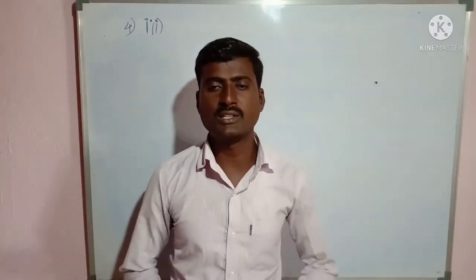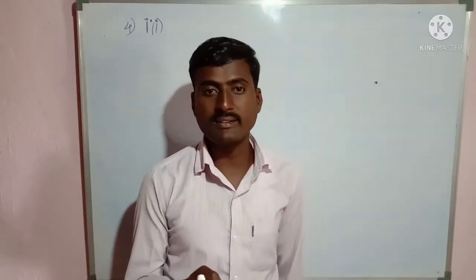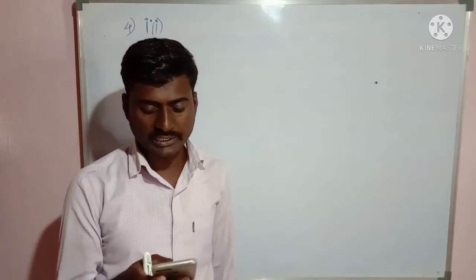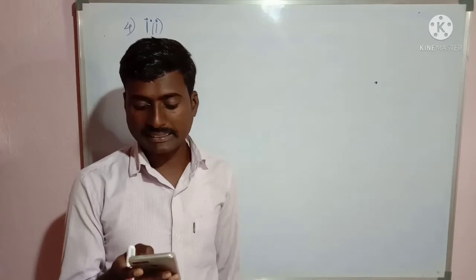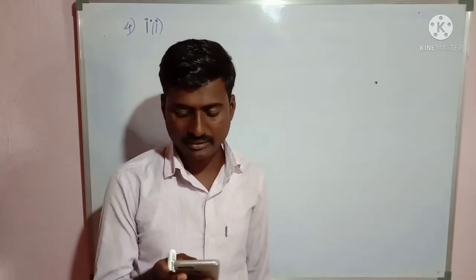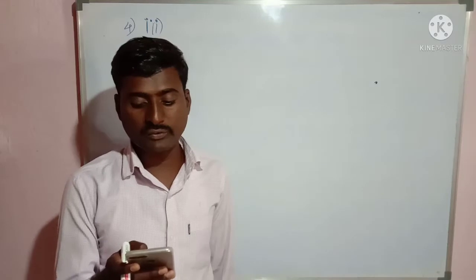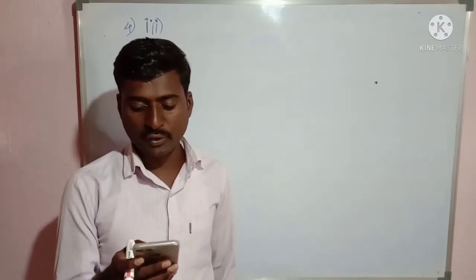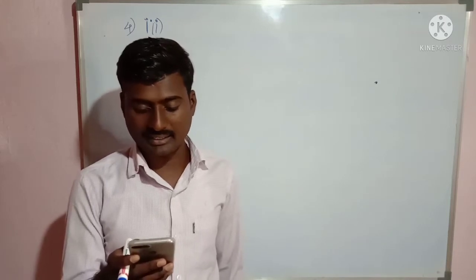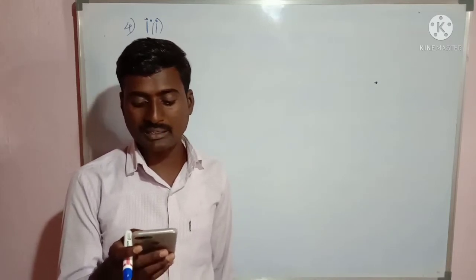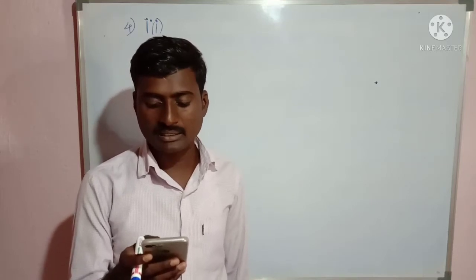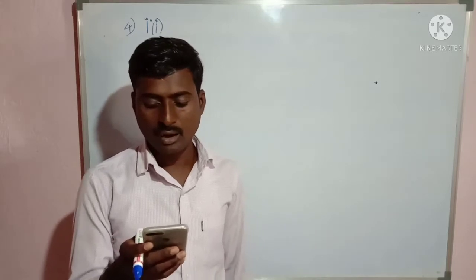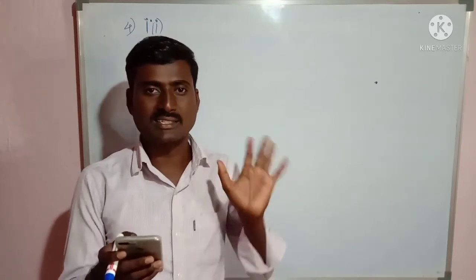Dear students, now we shall discuss the third question in the fourth main. You see the question. Yash scored 40 marks in a test, getting 3 marks for each right answer and losing 1 mark for each wrong answer. Had 4 marks been awarded for each correct answer and 2 marks been deducted for each incorrect answer, then Yash would have scored 50 marks. How many questions were there in the test?